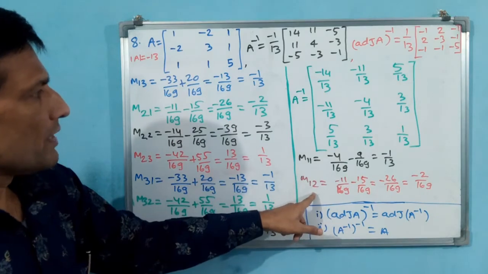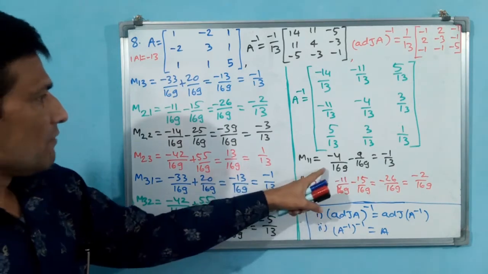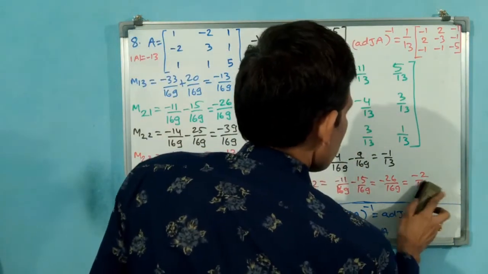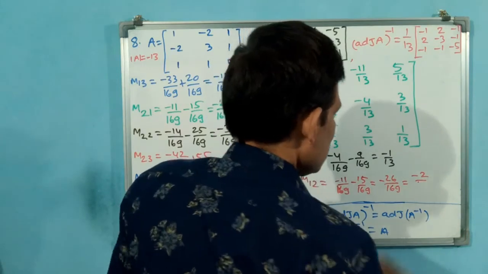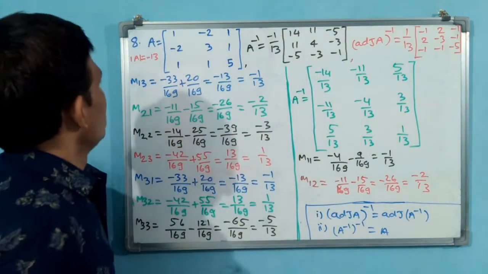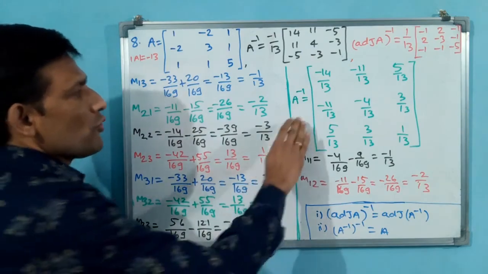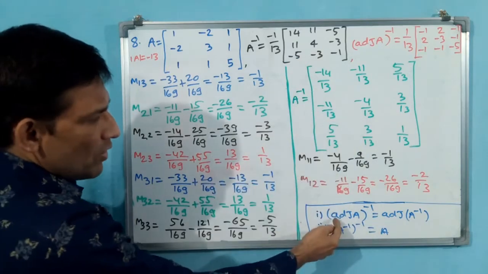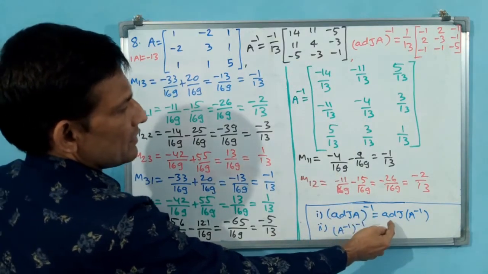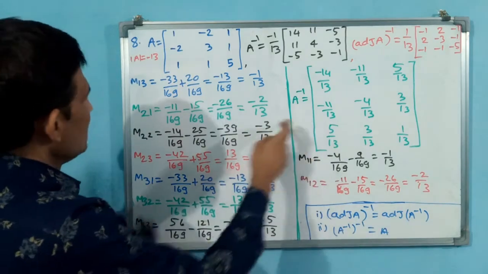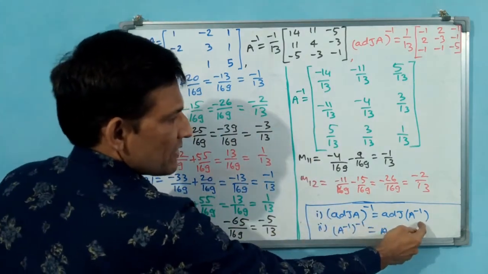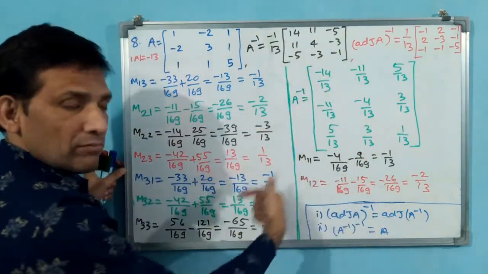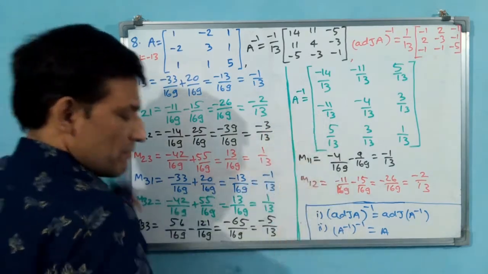Now you see, this M11, M2 also required. This M11 is minus 1 by 13, minus 2 by 13, this should be. I have done wrong here. I am going to remove this A inverse. We don't require it now. Why? Because adjoint A we can write directly. A inverse cofactors I am writing in adjoint form. Directly you can write. This you don't require now.